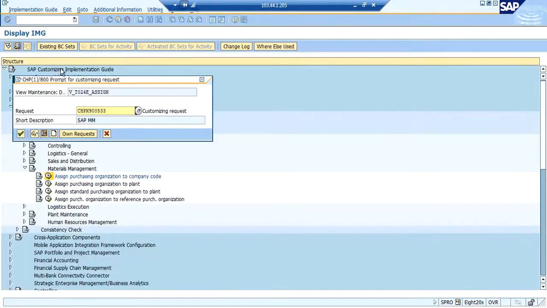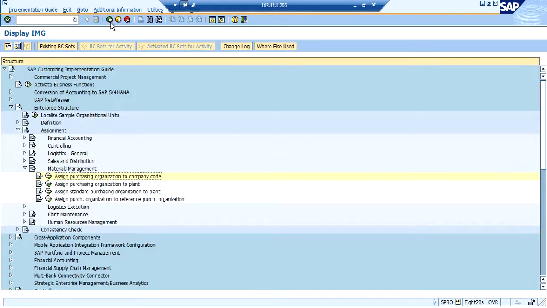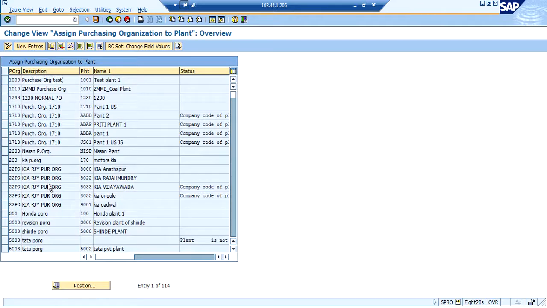Coming to the purchase organization assignments, there are different types of purchase organizations. One is the central purchase organization, where one single purchase organization takes care of all the plants assigned to a company code. Whereas there is the decentralized purchase organization, which means every plant has its own purchase organization, just like here.